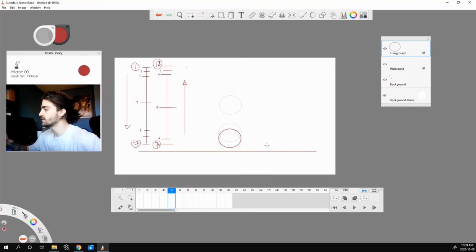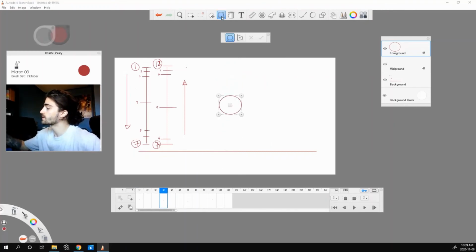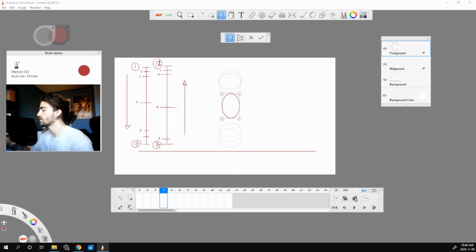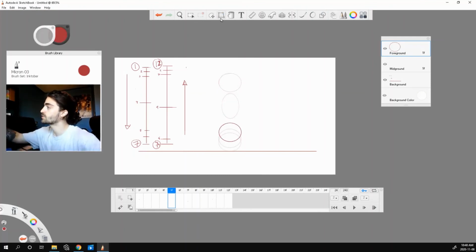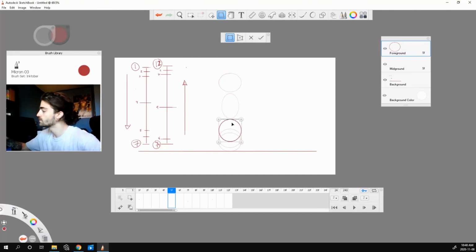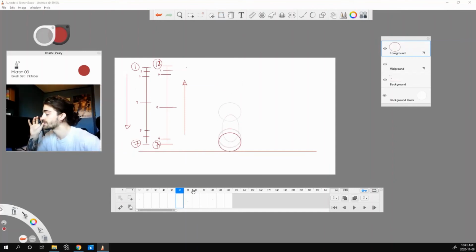So frame 1 to 4, let's select our transform tool. I'm gonna drag down the edges and drag in the sides. It's important you do both because you wanna keep what's called the volumes consistent. Frame 5, it's gonna stretch even more. So let's stretch it way up, squish it in. Frame 6,